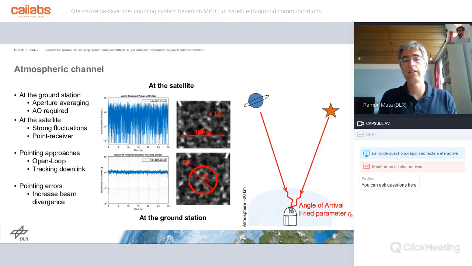In astronomy, it's similar in the sense that, as with satellite communications, you want to observe one direction where you have a planet, for example, and you have a lot of light, and you have to integrate for a lot of time, and you take as a reference a star, which serves as your downlink, and you try to compensate, for example, the tilt using a nearby star. So here it is similar. In that case, the star is the same size moving, and the planet, just to make a comparison with astronomy.